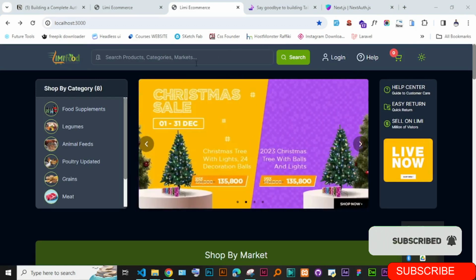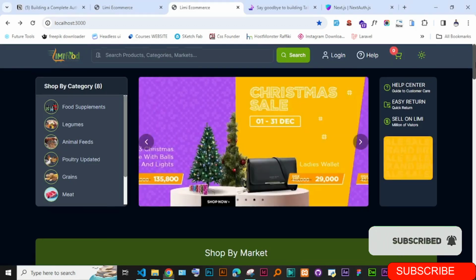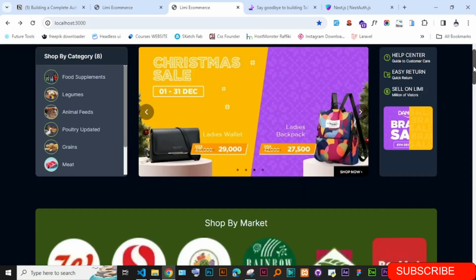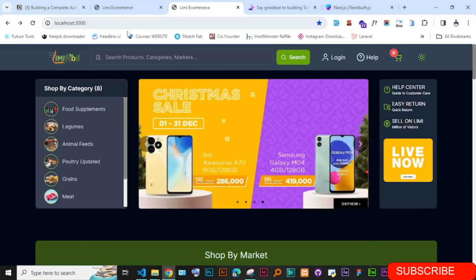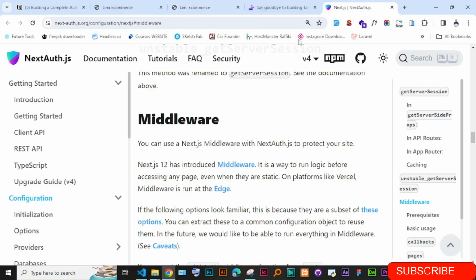What I want today is to try using the NextAuth middleware. I have not used middleware before. I want to see if middleware can handle the authentication, and then we can just work with authorization on the pages. If you go to NextAuth and maybe go to configuration, you're going to see we have this middleware,